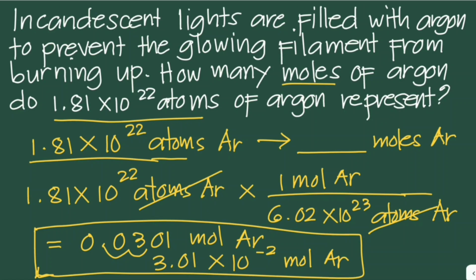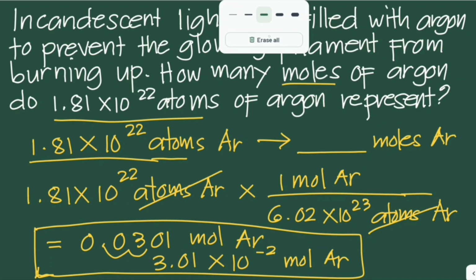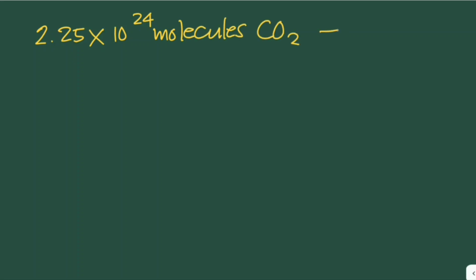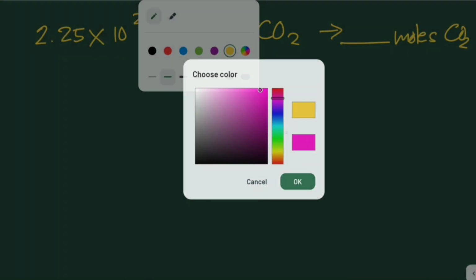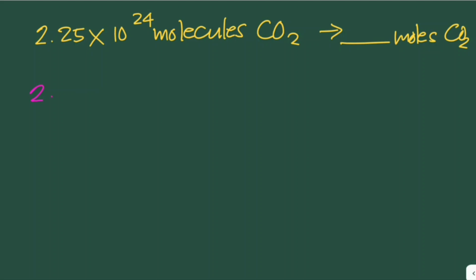Now let's try another problem. All right, so we're given here 2.25 times 10 to the 24th molecules carbon dioxide. Then we convert this to moles carbon dioxide. Again, we multiply this by the conversion factor using the Avogadro's number. It would be molecule CO2 times 1 mole